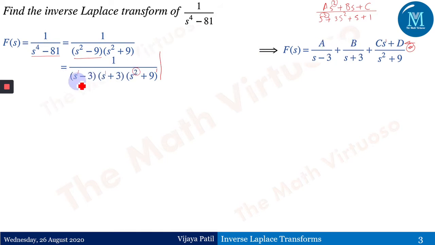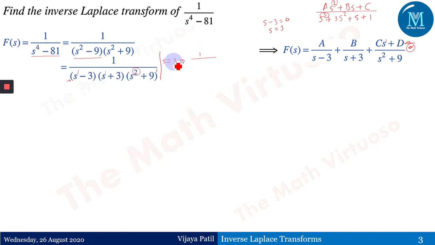Now suppose I'm just targeting the first factor, that is s minus 3. If s minus 3 equals 0, then s is equal to 3. So I have to put s equal to 3 everywhere in 1 upon s minus 3 into s plus 3 into s square plus 9, everywhere s equal to 3. So what will happen? It is 1 upon...